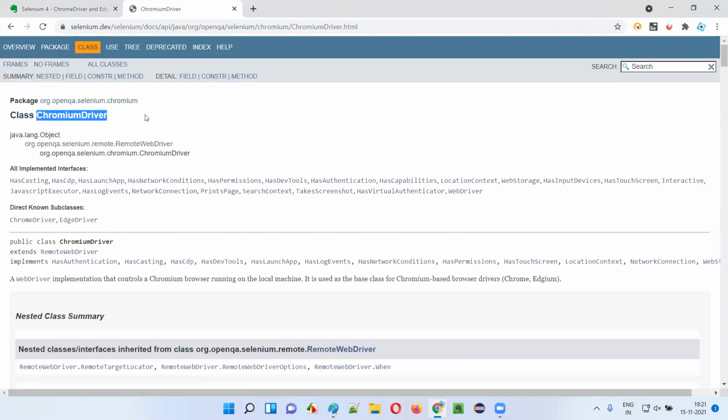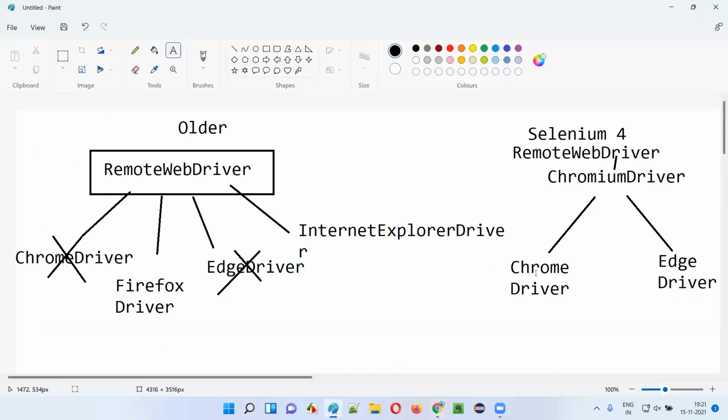Since they are child classes, access to these methods is possible because they inherit the methods of the Chromium driver class. Accessing the dev tools is possible with the Chrome driver and Edge driver from Selenium 4 onwards. Earlier, that was not the case.